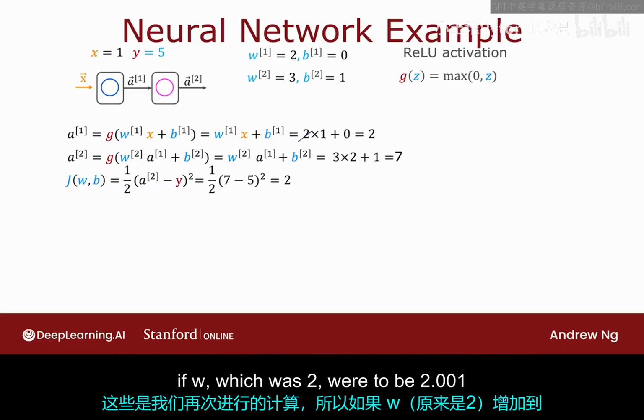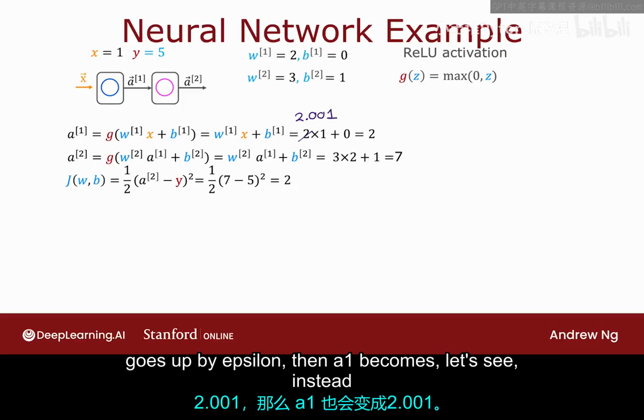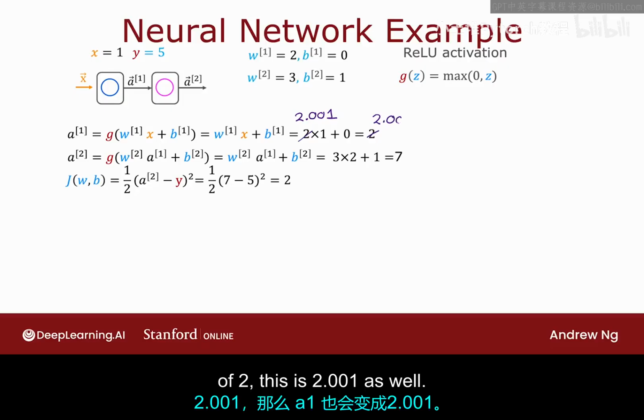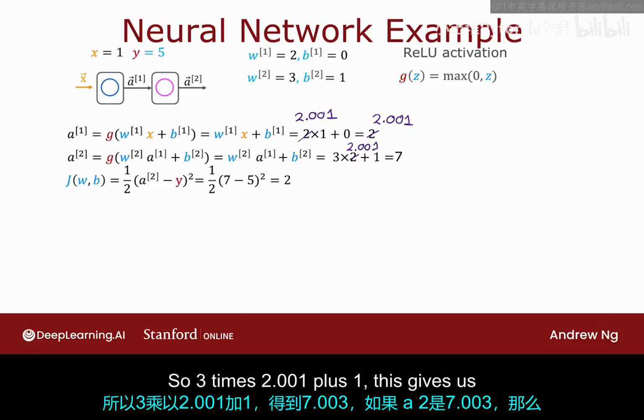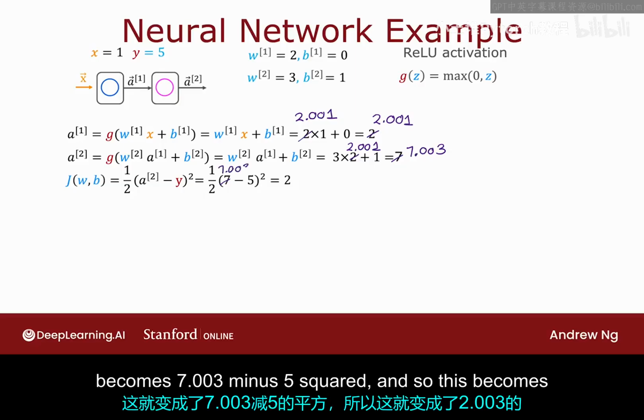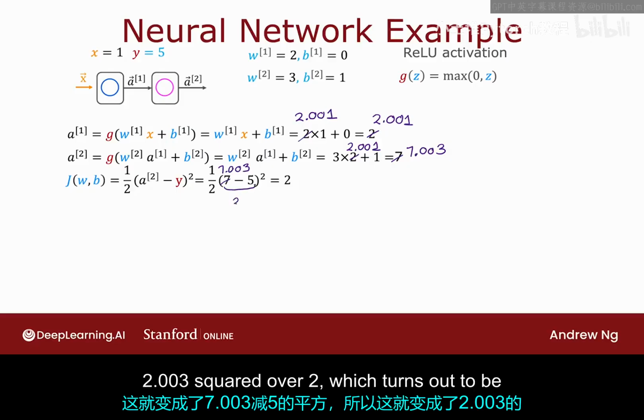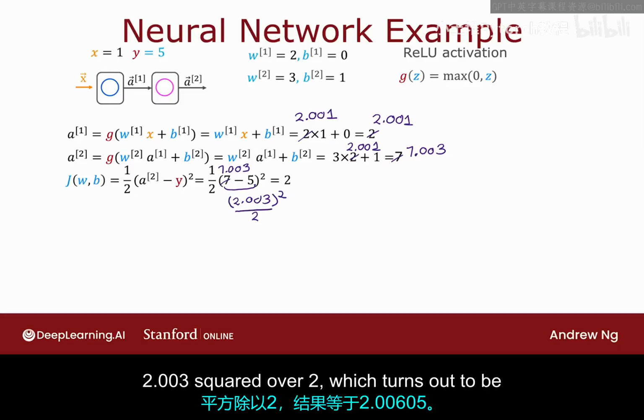And so if w1, which was 2, were to be 2.001, goes up by epsilon, then a1 instead of 2 is now 2.001. So 3 times 2.001 plus 1 gives us 7.003. And if a2 is 7.003, then this becomes 7.003 minus 5 squared. And so this becomes